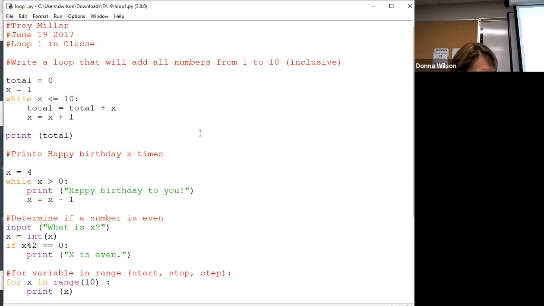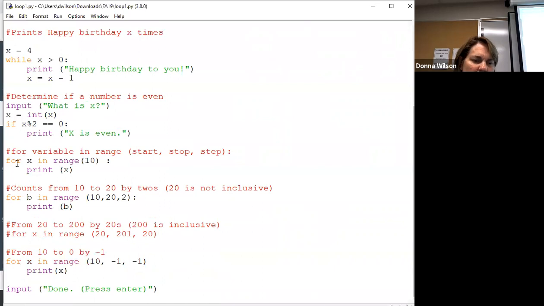But this is good for loops. Okay, this one says to write a loop that will add all numbers from 1 to 10. So this is a simple while loop. So if you keep this, and when you take a test or when you do a project, this shows you a simple while loop that is a definite or indefinite loop. Definite, because it says it's going to go 10 times. So if we wanted, these are just while loops, and then below you see for loops that'll do the same